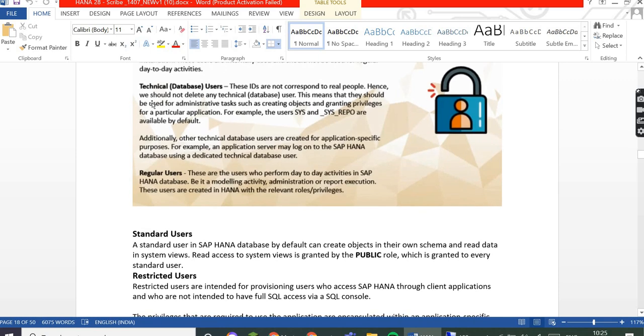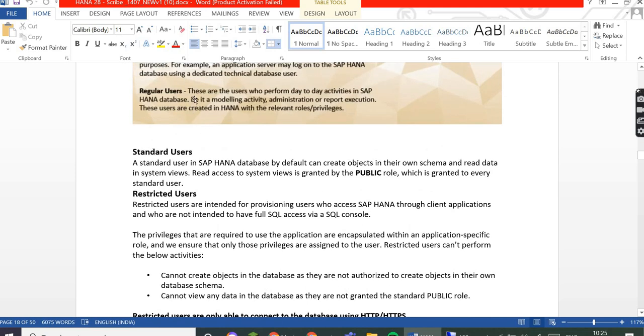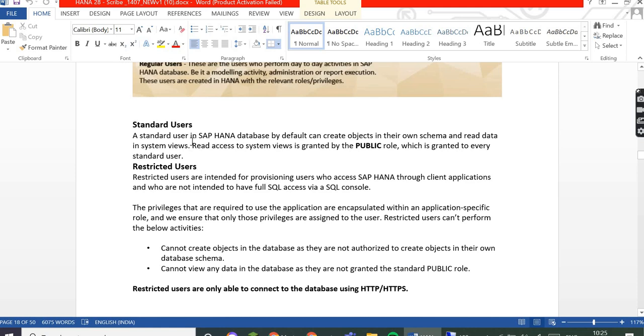But while creating the user, we are creating two types of user in the system: a standard user and a restricted user. The standard user is one who wants to work in the database directly, whereas the restricted user doesn't have access to the database, but is able to use the database entries or the views using some external application, like any reporting tool such as Tableau, if they want to view only the data.